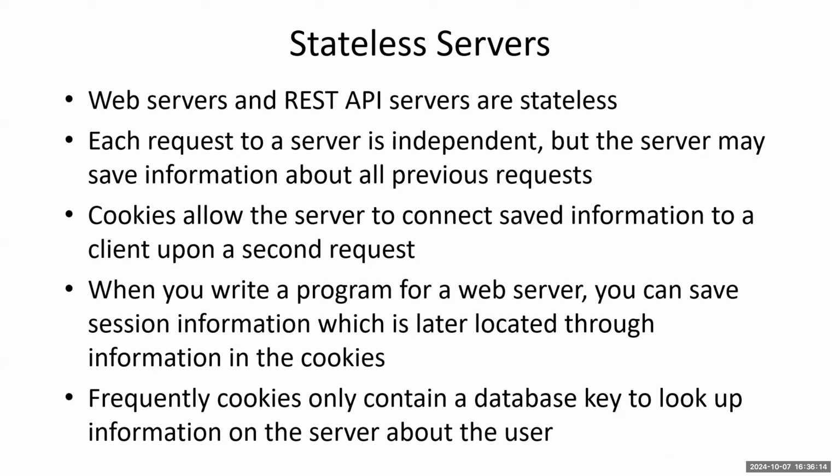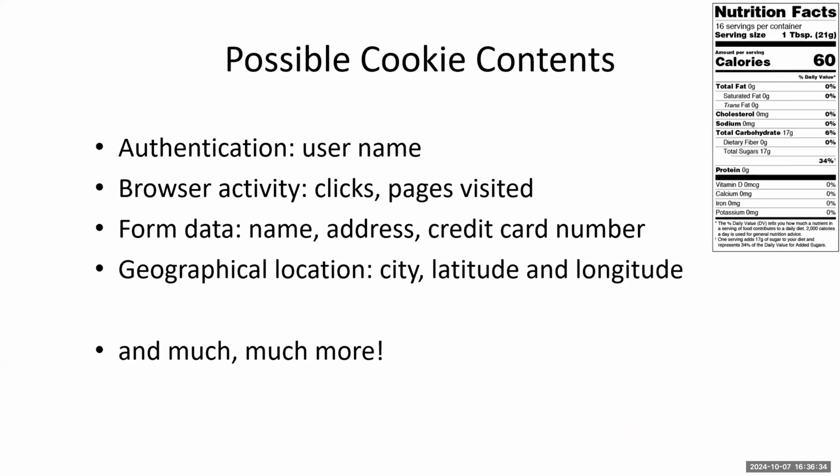And they have all sorts of information in there. Typically, a cookie just contains a number, a sort of random hexadecimal number that it then uses to look up your information in its database. So it goes, oh, that's you. It knows that you are coming back and anything it needs to know about you. Cookies can contain all sorts of information, often username, what pages you visited, what you've done, sometimes all sorts of other form data, including credit card numbers, geographical information.